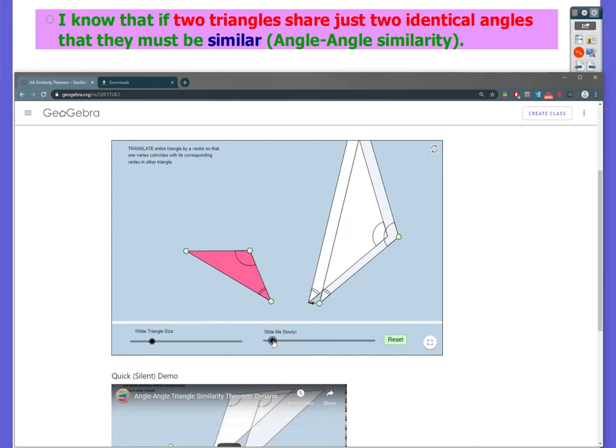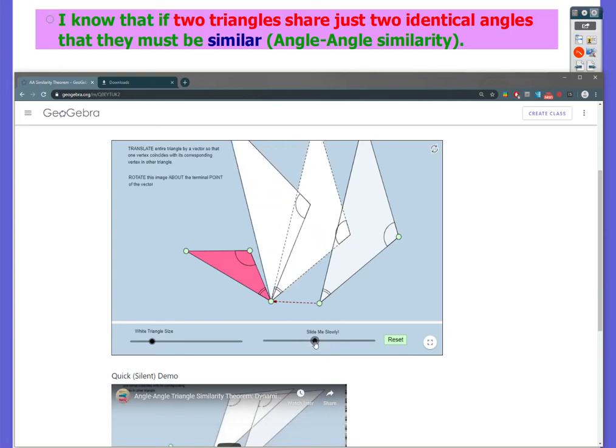So we'll translate it over. Again, our translations are our slides. We'll match up those vertices together. And let's rotate it. And if I can translate it and then scale it down, I know they're similar. So I've translated it, I've rotated it. Let's see if it's similar. If I can scale it down exactly to the other triangle, I know they're similar. I scale it down,